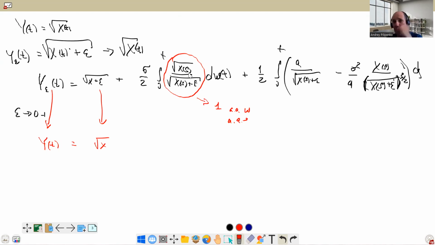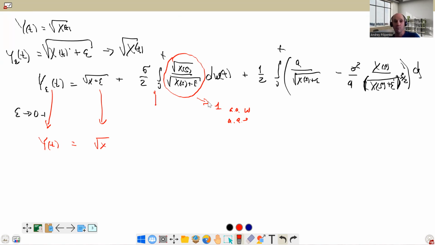If x of s is 0, then this is just 0. But it is known that the Bessel process and squared Bessel process spend 0 time at 0 with probability 1. So almost surely this process converges to 1,